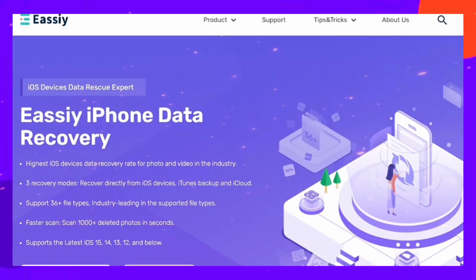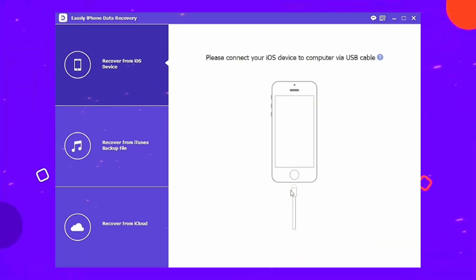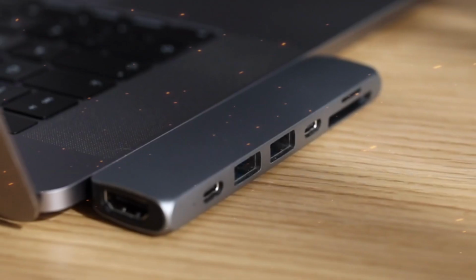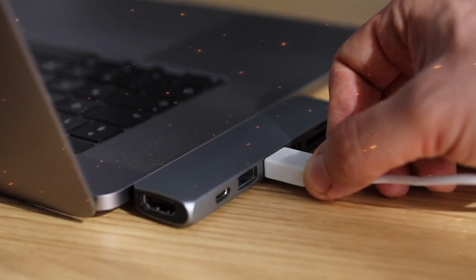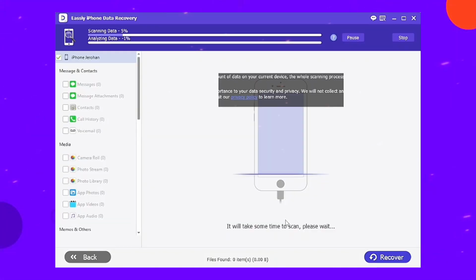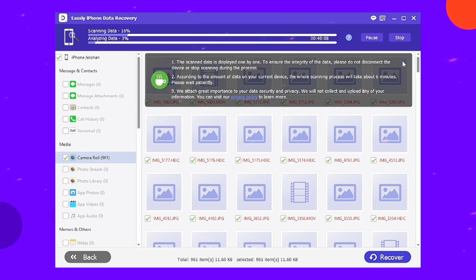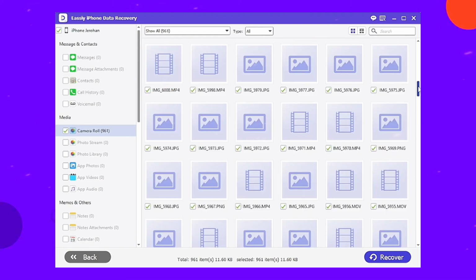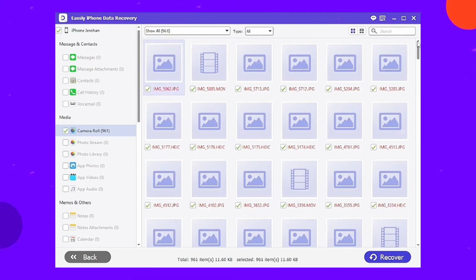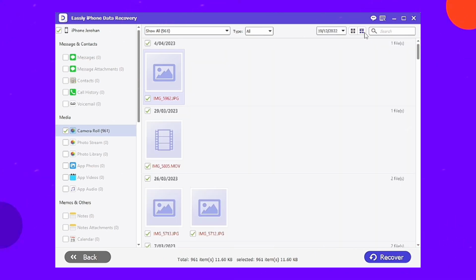Download and install Eassiy iPhone Data Recovery software on your computer. Connect your iPhone to your computer together. Select the option to recover from an iOS device. Once your iOS device is recognized automatically, the program will scan the data on your iPhone when you click the